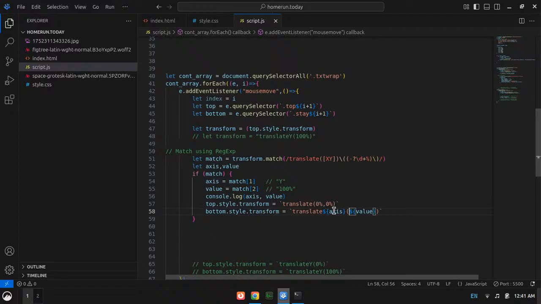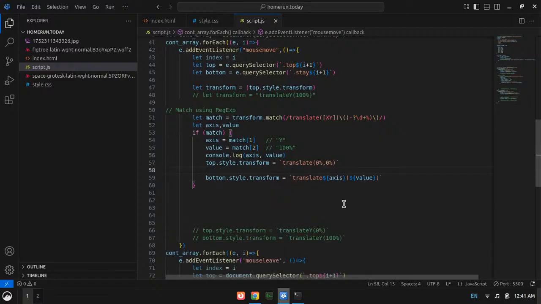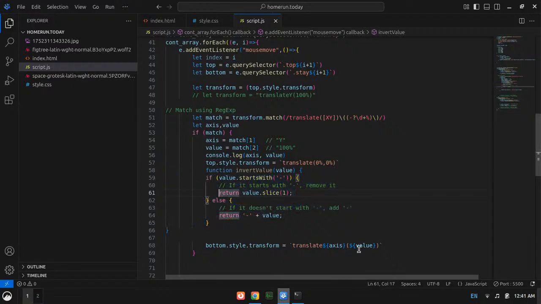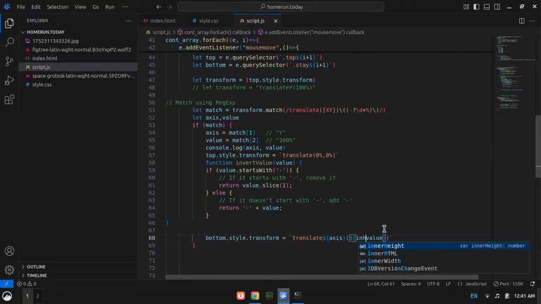Okay, now ChatGPT made me a function, which I will put here, invertValue, and I will pass the value.